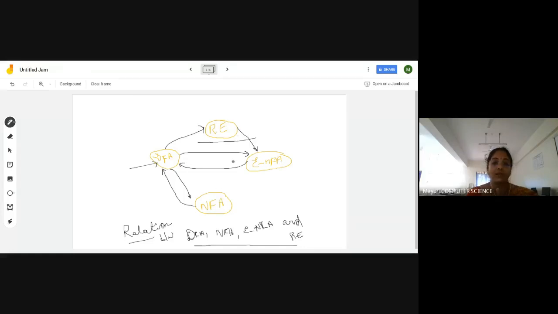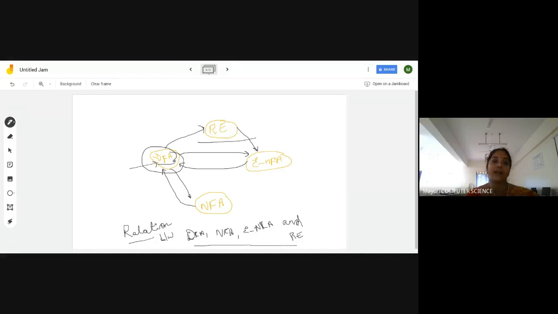But in this, especially in your syllabus, you don't have any relation between regular expression and an NFA, but it is indirectly related through DFA. The regular expression is indirectly related to NFA through DFA. Now, as of now, the languages we have seen are regular languages, which are accepted by DFA, and for those languages we have constructed regular expressions. Now we should know about the regular expression.